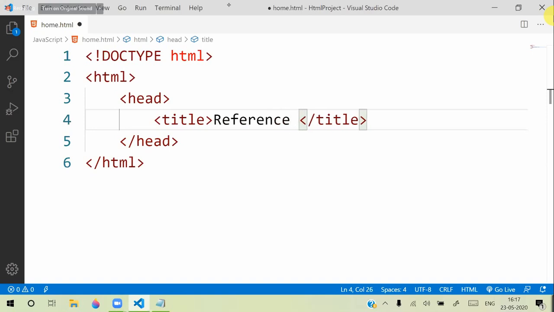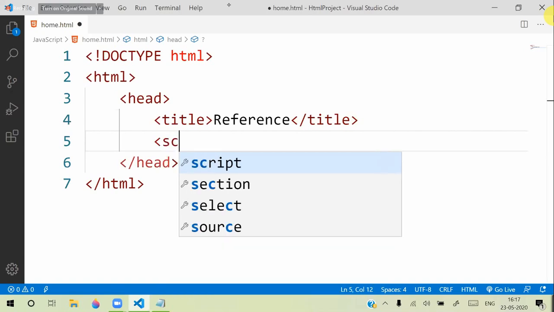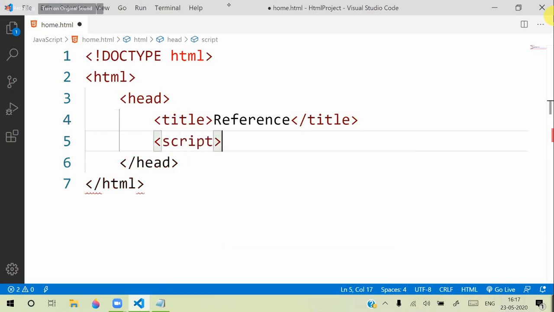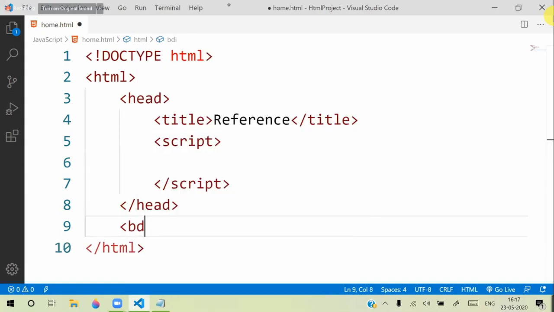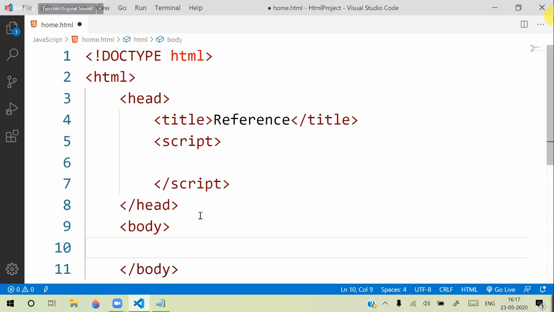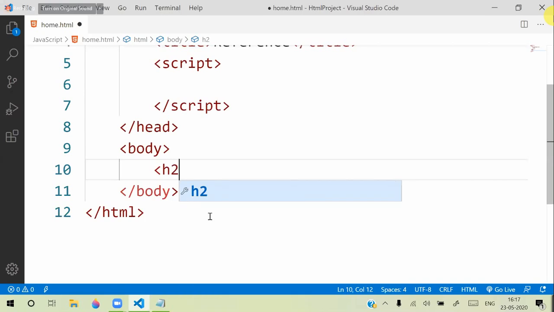Okay, reference. And here I will add a script. In the body section, we are having a simple heading. So here I defined a heading simply like so,